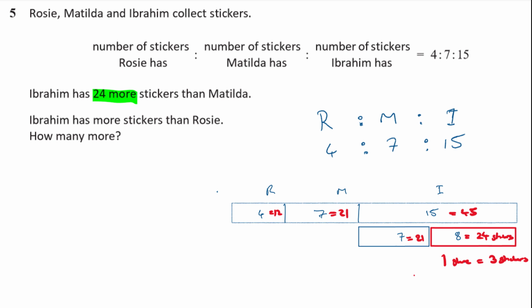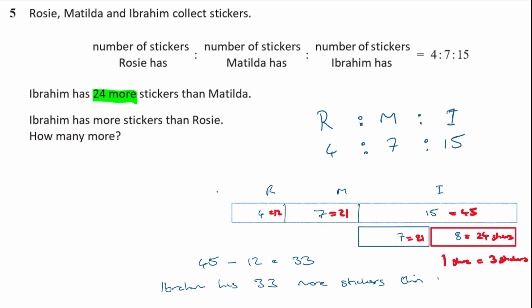Okay, so if Ibrahim has got 45 stickers and Rosie has 12 stickers, how many more does Ibrahim have? Then Ibrahim has 45 stickers minus 12 stickers. He's going to have 33 more stickers compared to Rosie, isn't he? So Ibrahim has 33 more stickers